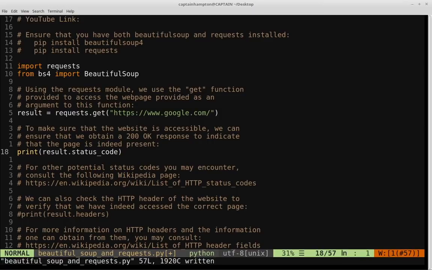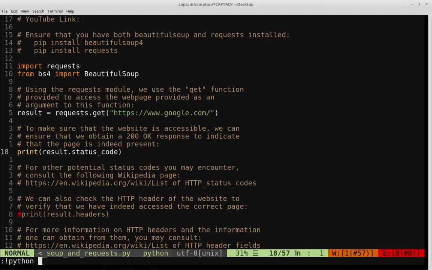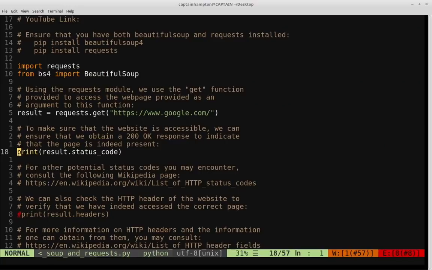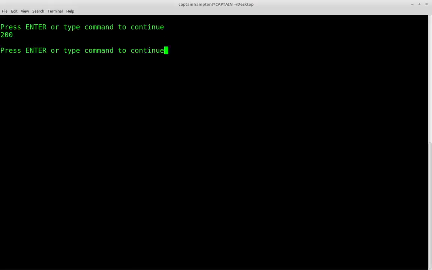So I'm going to go ahead and write this. I'm going to run it. So I'm going to say python. This file is called Beautiful Soup and request.py. If I run this, it's going to run it. Let me just clear the terminal because it's kind of messy. Let me run that again. And we see that the code that we get back from the google.com homepage is 200, which indicates that indeed